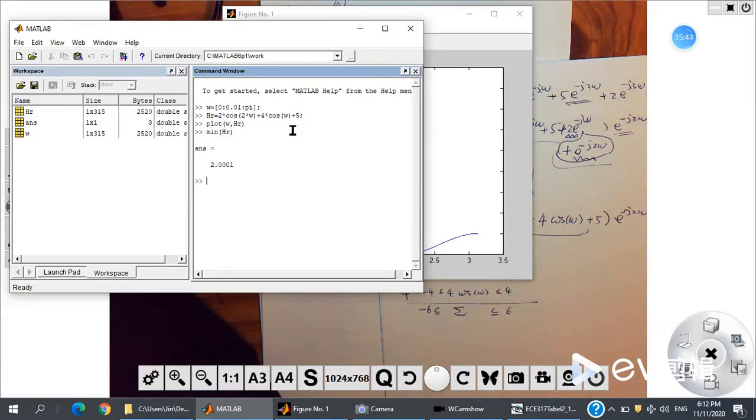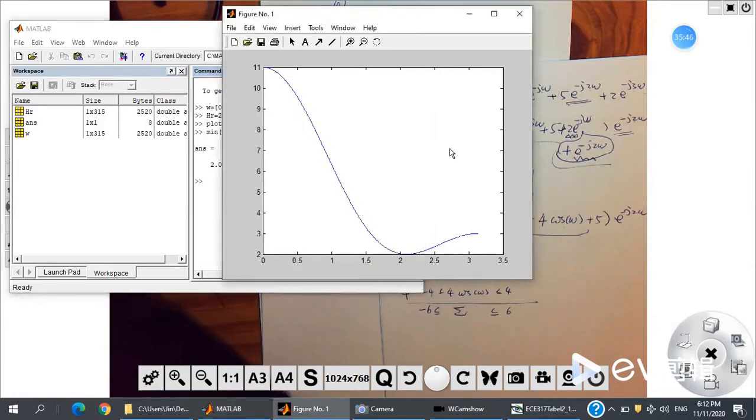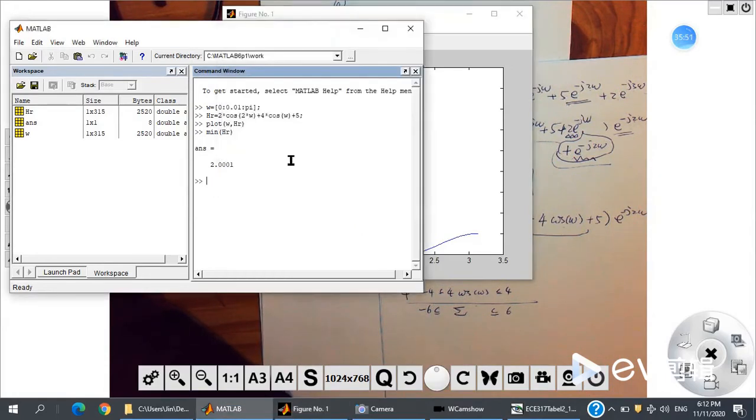It's 2 dot. Oh, this is 2. Oh, here's 2. Okay, it is always positive. Yeah, we can see more. This is a W equal to